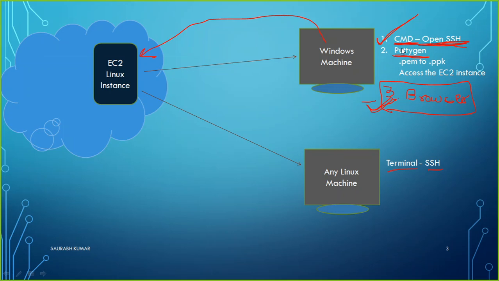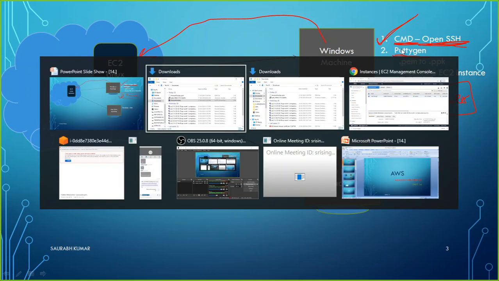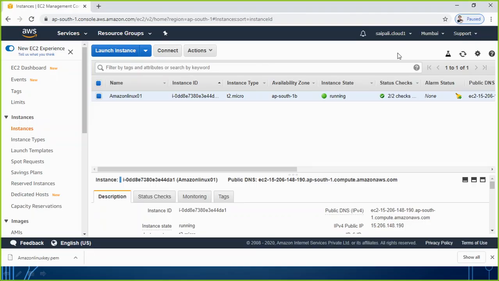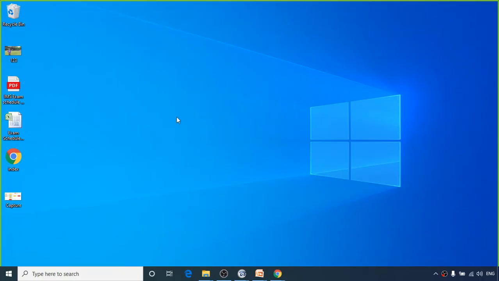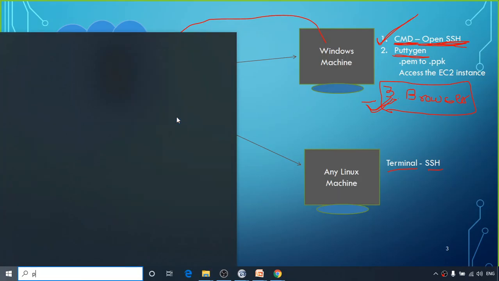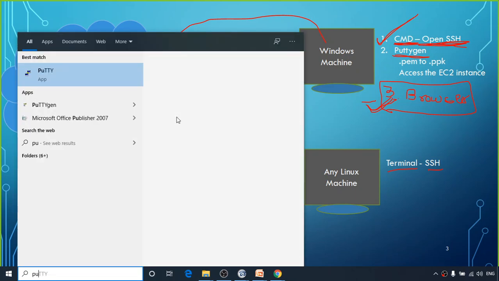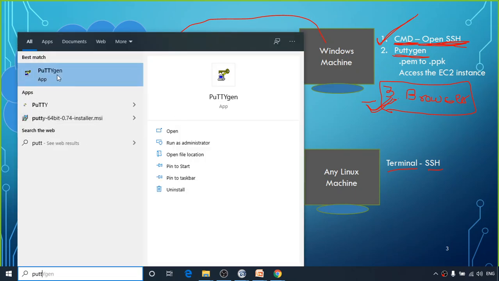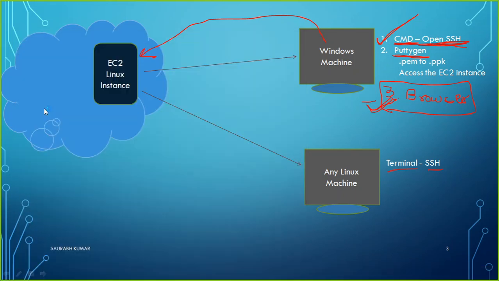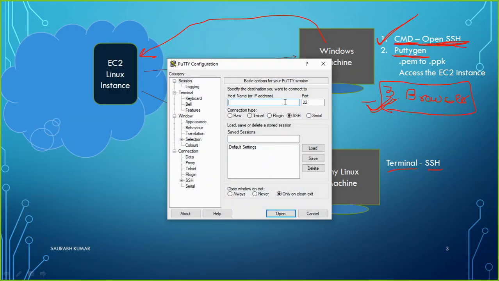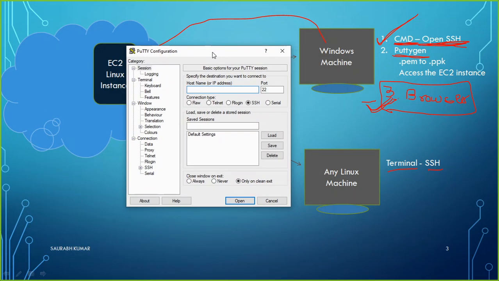So now once you already have the ppk file, what will be the next task? Very easily, you go to your Windows machine and look for Putty software, not PuttyGen, just Putty, which gives you this type of interface. At this interface, the very first thing you need to do is go to the SSH setting.